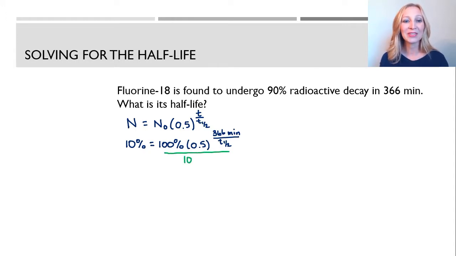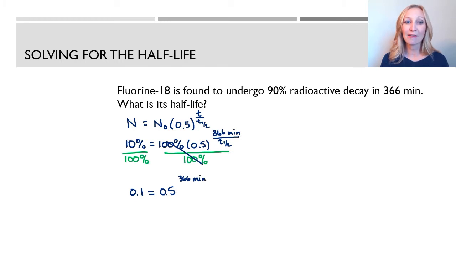First, I'm going to divide both sides by 100%. And what this will do is cancel out the 100% on the right-hand side and allow me to move that over to the left-hand side. And if I take 10% divided by 100%, I get 0.1. Now remember, both percentages will end up canceling each other out, so I don't have to worry about keeping that unit on there. Then what I end up with is 0.5 raised to the power of 366 minutes